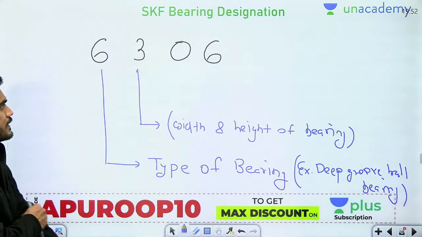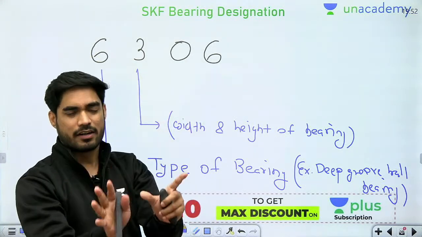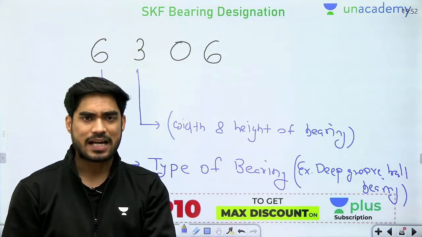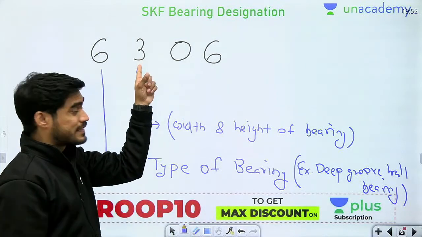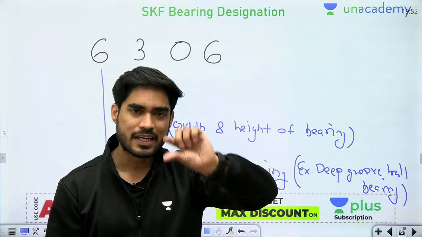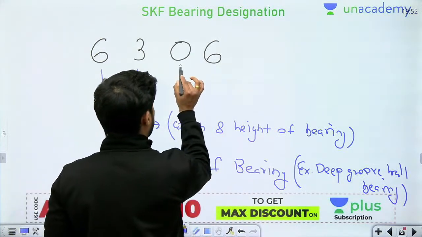For example, let's say there is digit 3 and a particular inner diameter. So beta, based on that, from those charts you can find out what is the width and the height. Based on this digit, you can find out from the charts what should be the bearing width and height. Okay, now these last two digits